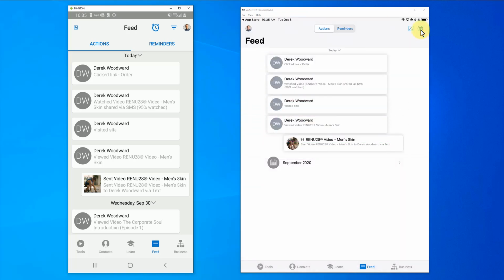Those are push notifications. They're not text messages. There are ways that you can get text message alerts on the desktop app. If you look for the notification section, it will talk a little bit more about how to get the text message notifications. So that's that area for the feed. I do want to now show you the Learn section before we start bouncing over to the Business section.